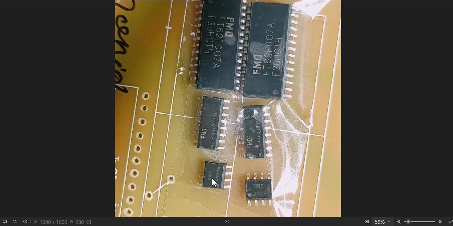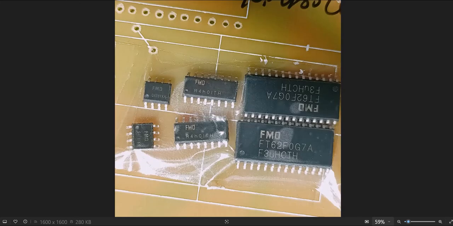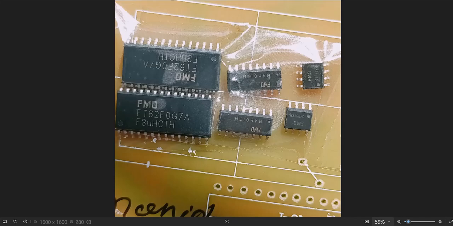Most of the time they do not print the actual chip number, so it's a little bit difficult to know what kind of chip we receive. Even though I don't know what the chip number is, I have to contact them and ask what they sent for this 16 pin and the 8 pins. Okay,